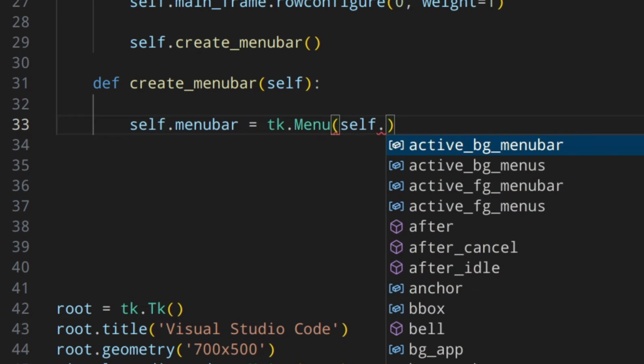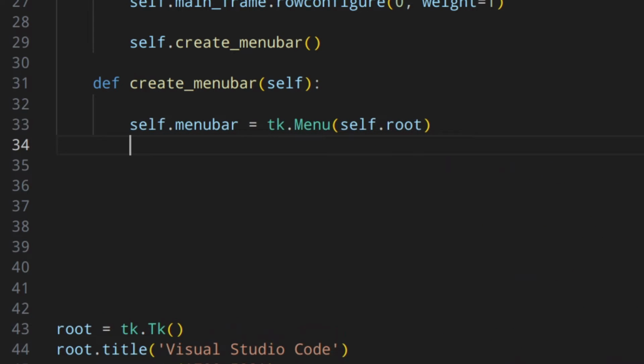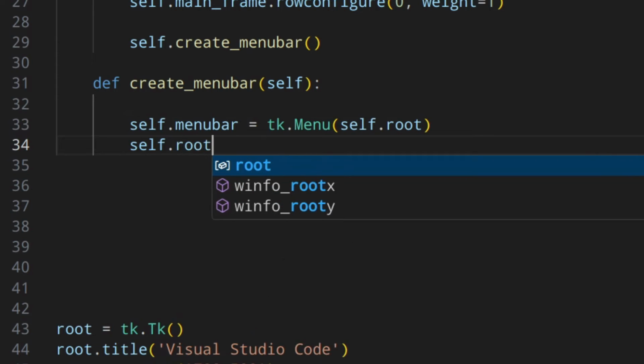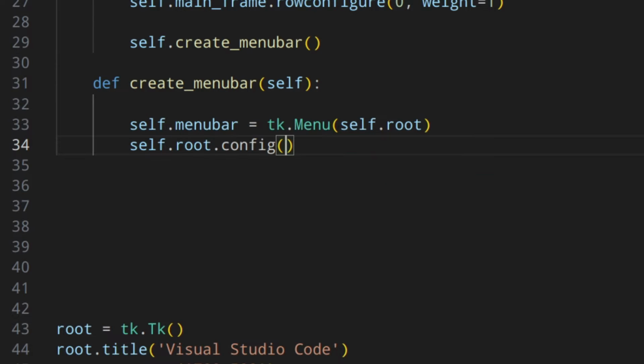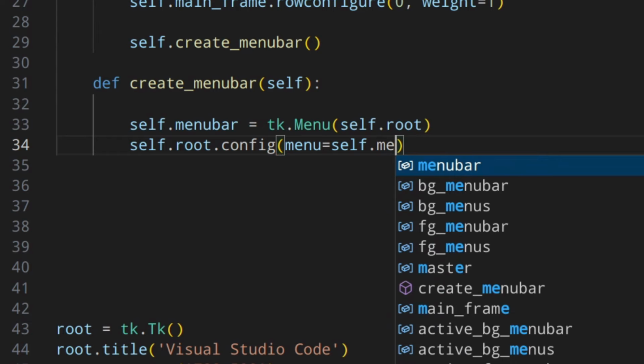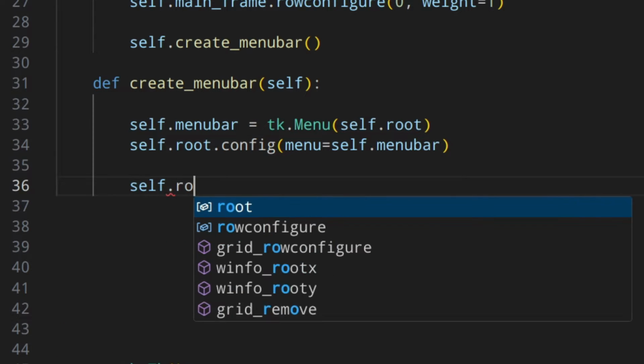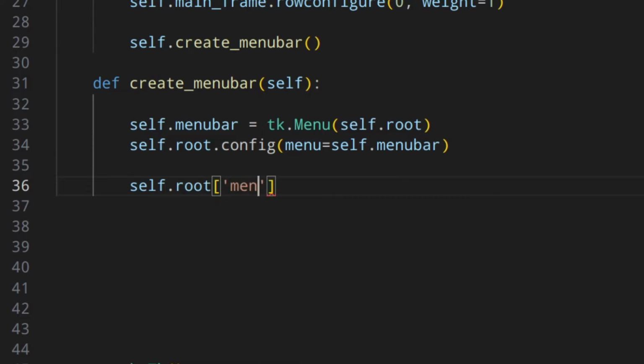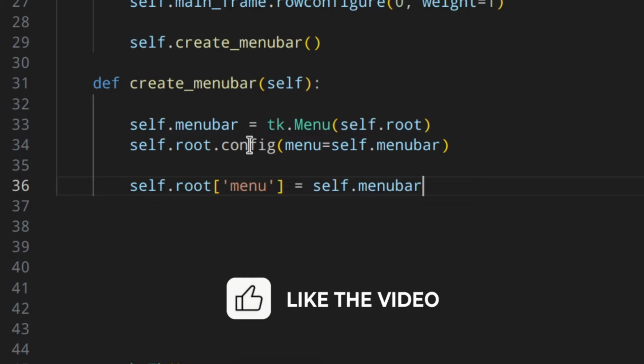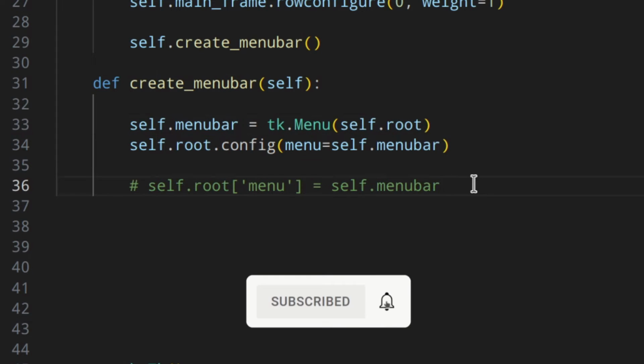I'm going to pass self.root as the parent, then self.root.config, and we can do something like menu=self.menu_bar like this. Or you could do something like this, self.root, then menu, and then self.menu_bar. Okay, you could do something like that. I actually like this one, so let's use that and comment this out.